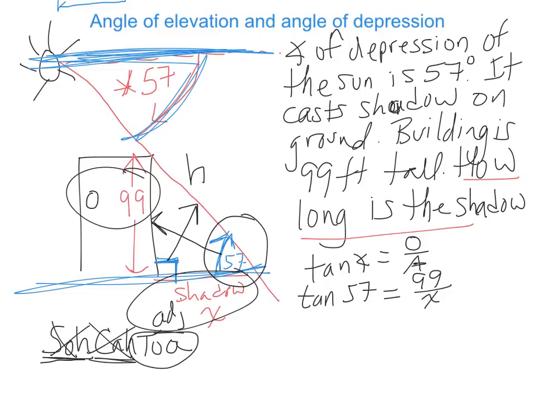So now we need to solve it. So I need to get my calculator and type in tangent of 57. There's the tangent button, 57 equals, and that becomes 1.5399. I'm rounding that to 4 decimal places. All right, the X is in the bottom of the fraction this time. I need to get it out. It is dividing, so I'm going to multiply. All right, so now I have 1.5399